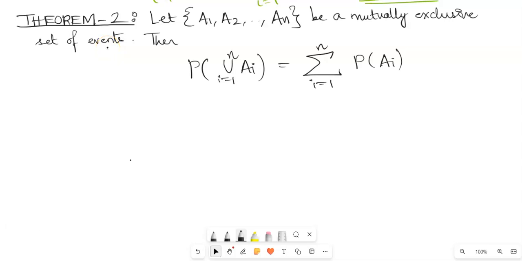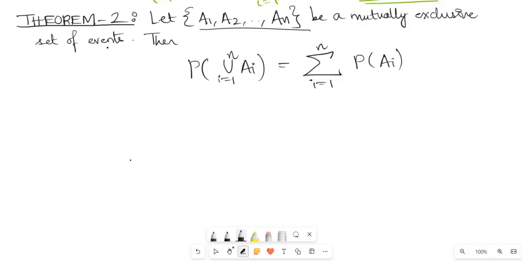So in this lecture we will derive theorem 2, which says that assuming A1, A2 till An be my mutually exclusive set of events, we can assign probability as P of union of i from 1 to n of Ai is equal to the summation of probability P of Ai from 1 to n. If we interpret this, we say that the probability of the union of all Ai's ranging from 1 to n, all these individual events A1, A2 up till An,